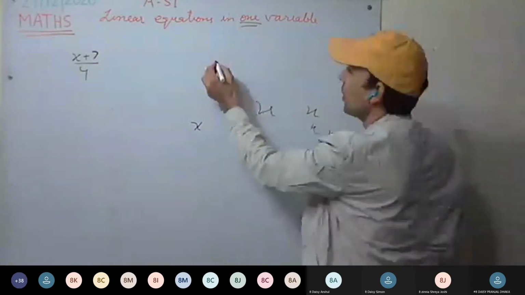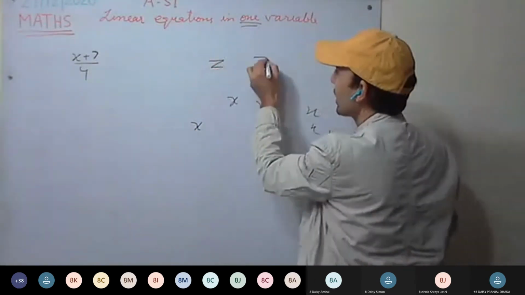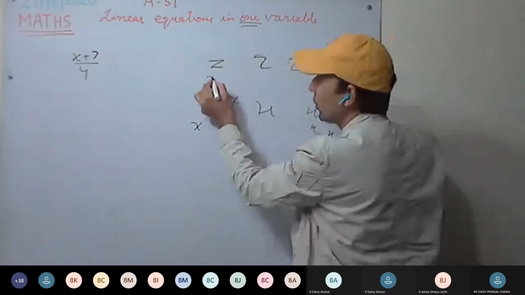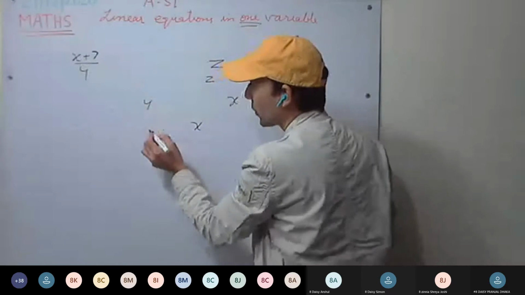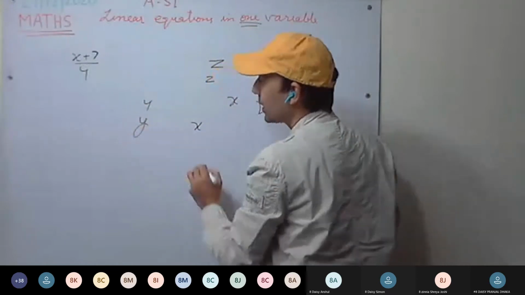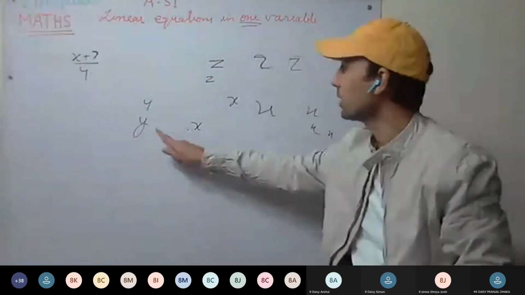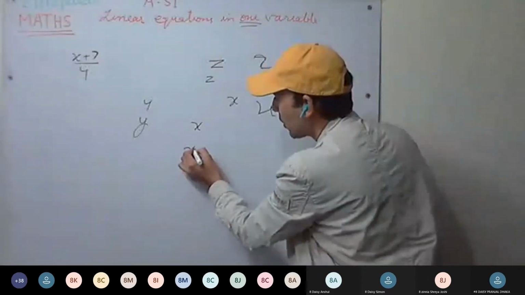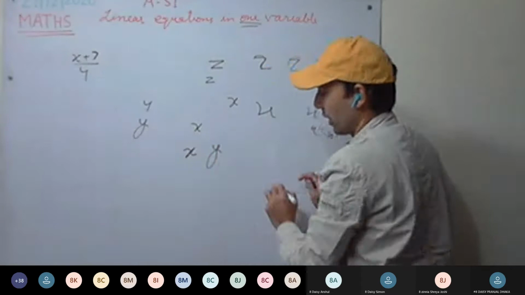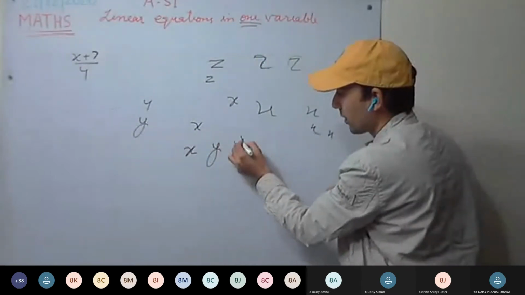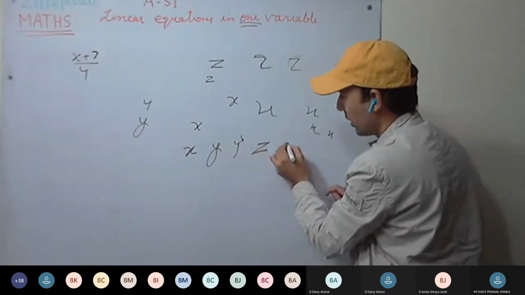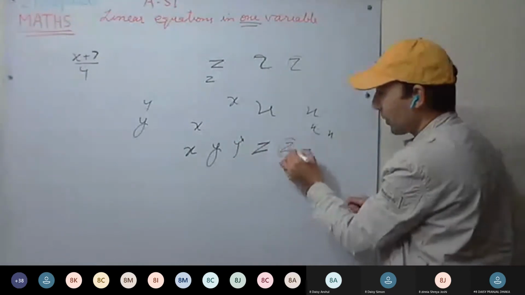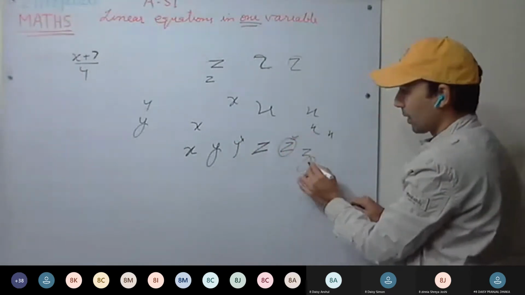And z, always write it like this. Don't write it like this, you will make it 2 somewhere. So always write it properly. Don't write it like this, always write it like this, and you won't get confused. Understood? X, proper x, y this way, don't write y like this. Z, always use z like this, but we prefer this one. This one is fine.